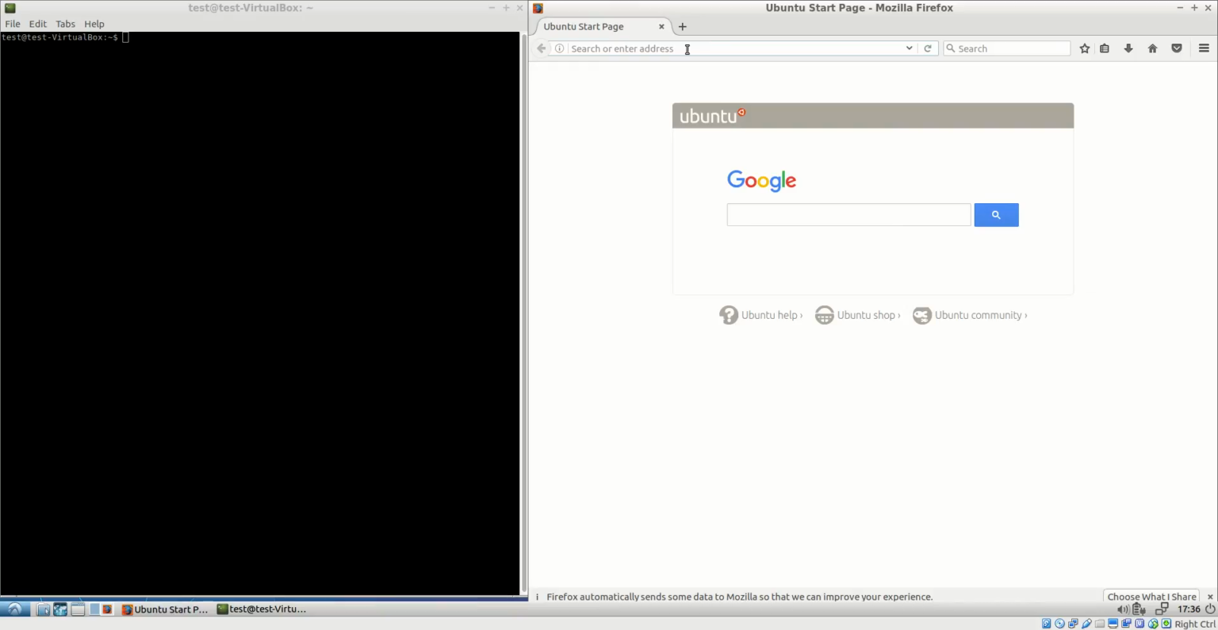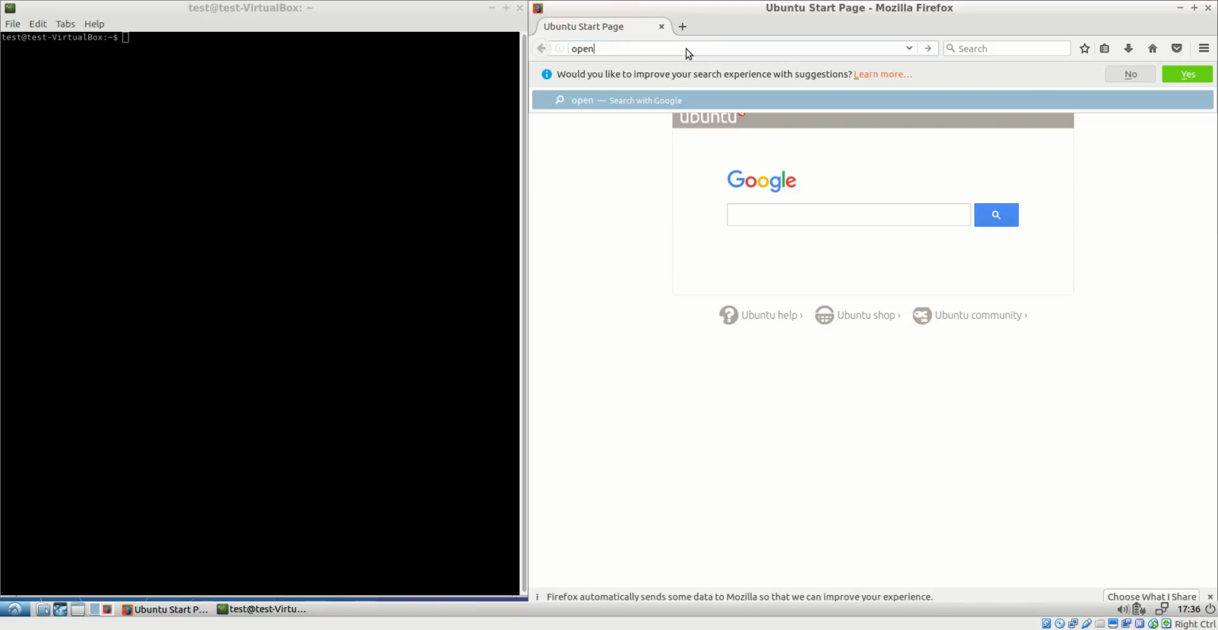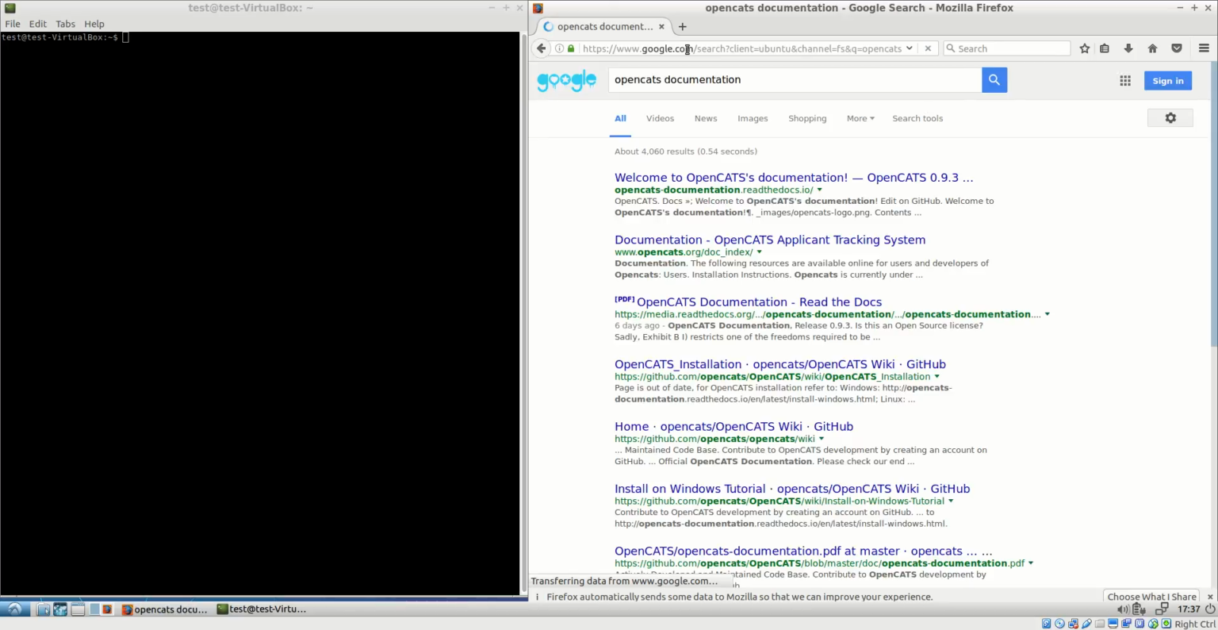So I'm going to go ahead and pull up the OpenCATS documentation. This is a brand new system. There's nothing installed. So we are starting from scratch. Now, if you Google OpenCATS documentation, our documentation comes up at the top result. There are other older copies floating around. We want specifically